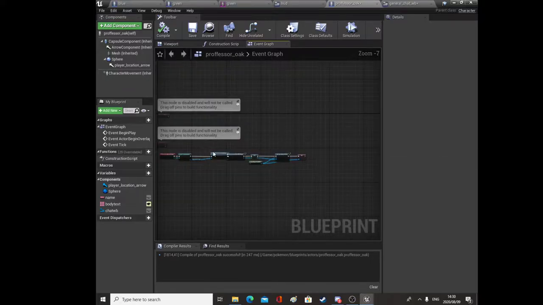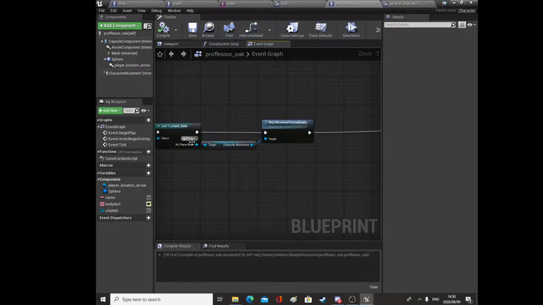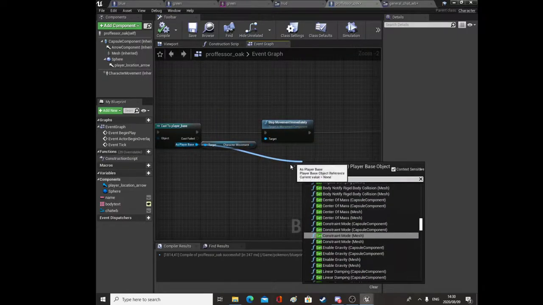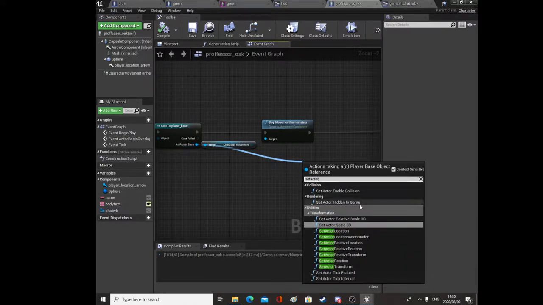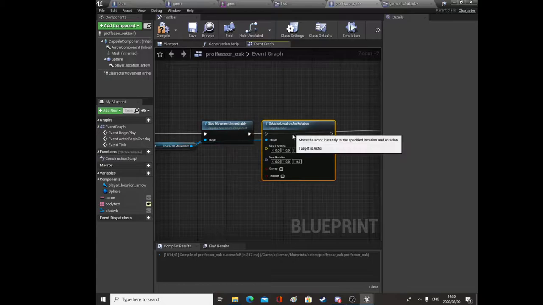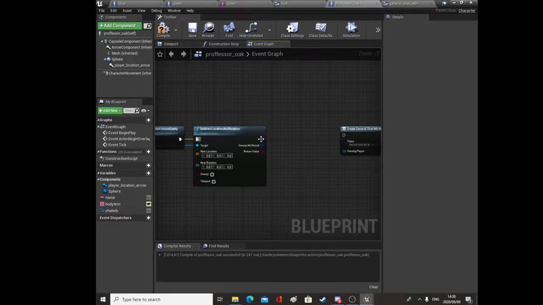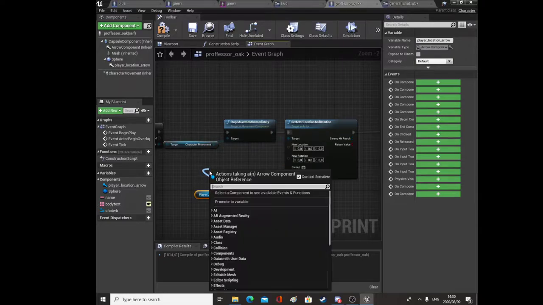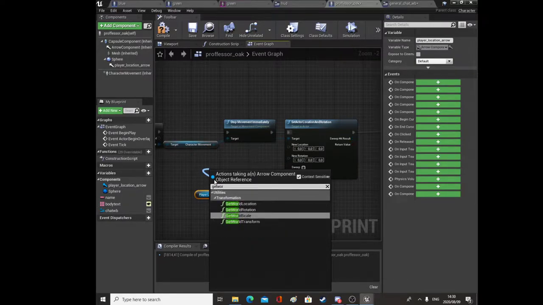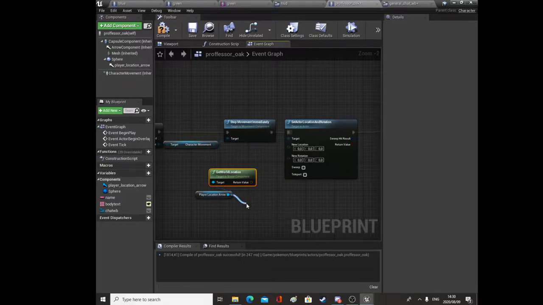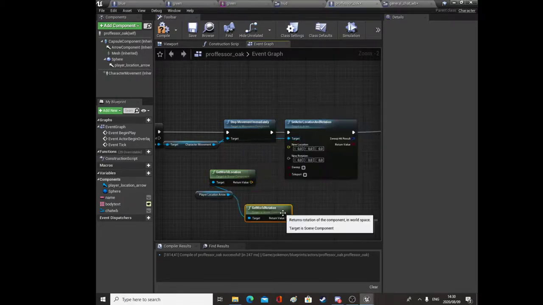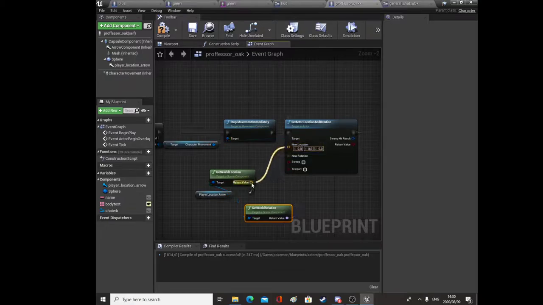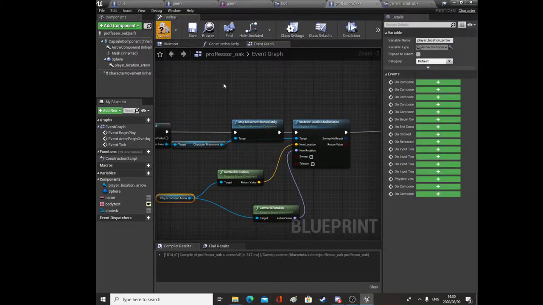Anyway, we need to drag over here again, sorry, and drag off of as player base and say set actor location and rotation, and the location and rotation that we're going to set it to will be that of our player location arrow. Alright, so get your player location arrow, say get world location and get world rotation, and plug them in just like that. Okay, compile,